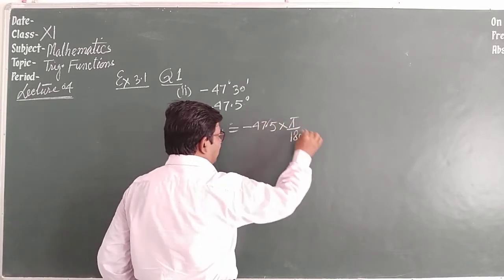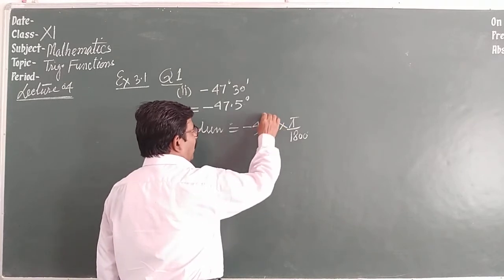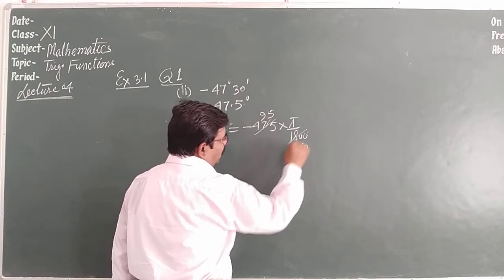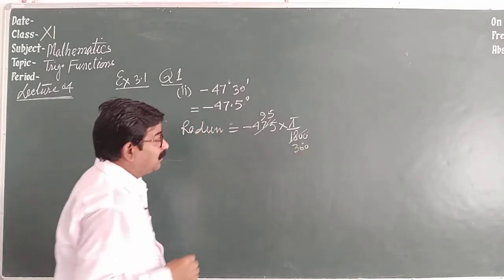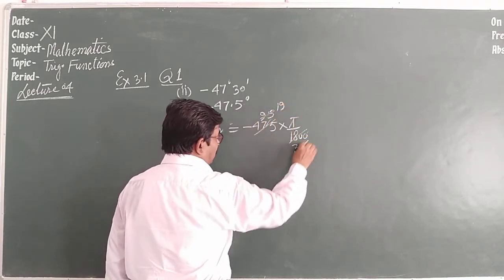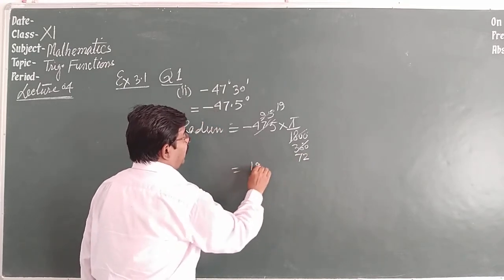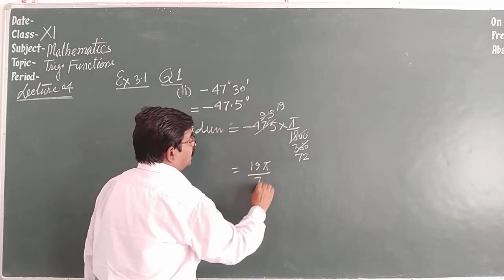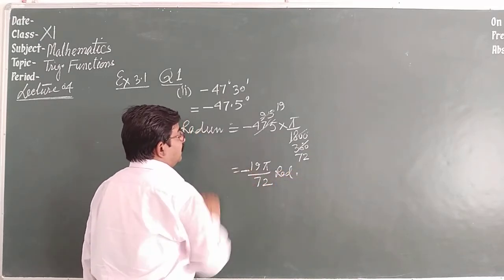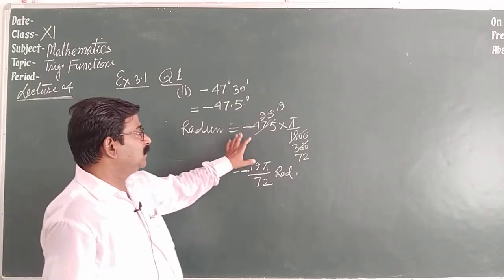Reducing this, the minus sign and decimal are here, divide this by 5. 5 9s are 45, 5 5s are 25, this is divided by 5, 360. 5 3s are 15, 5 3s are 30, again divided by 5, this is 19, and this one, 5 7s are 35, 5 2s are 10. So we have 19 pi upon 72 radian. The minus is also there, so we can write it this way.